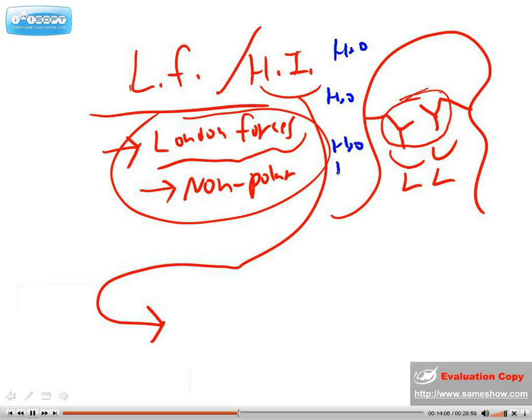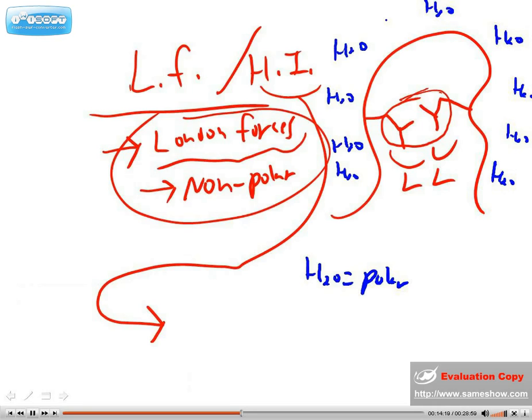Water molecules are going to be polar. And it turns out that water molecules want to avoid the nonpolar side chains, so much so that they'll actually start pushing and nudging the polypeptide such that it forces